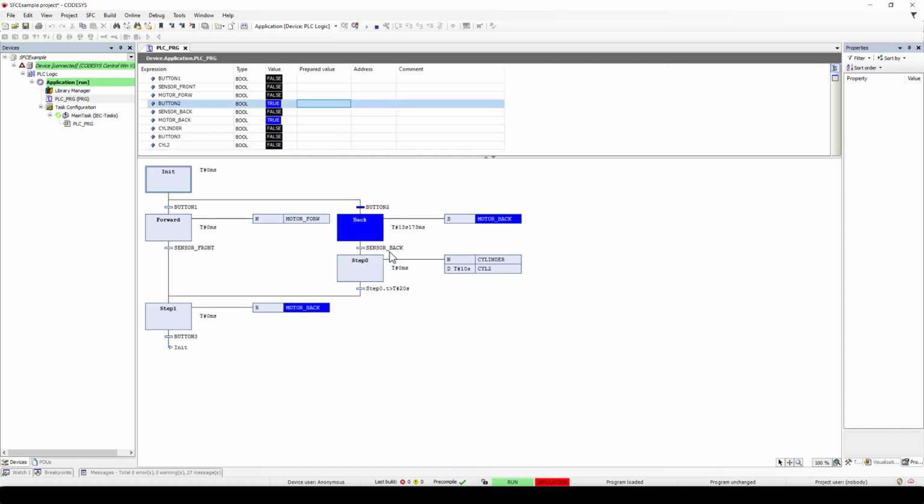Now we're waiting for sensor back. When sensor back becomes true, it will be in step 0. Motor back will continue to be true. Cylinder will immediately be true. And then after 10 seconds, SIL2 will be true. And after 10 more seconds, we will leave the step and both will become